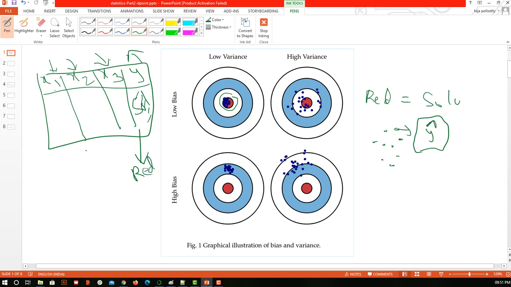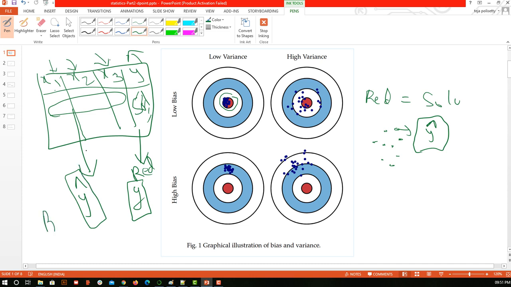Now the one that we predict based on x1, x2, x3 is y bar, and this is y. So if I say this y is red in color in the graph, and this y bar, our predicted thing, is let's say blue in color. If these things are not clear, just say that red is the solution and y is our plotted thing.